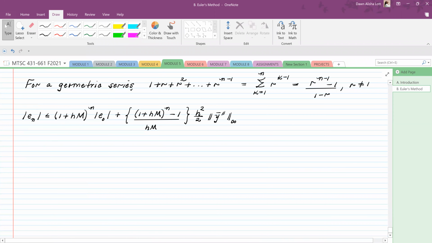Just wanted to refresh your memory on the lemma. So by lemma 1, (1 plus hM) to the n is less than or equal to e to the n times h times M, which is equal to e to the